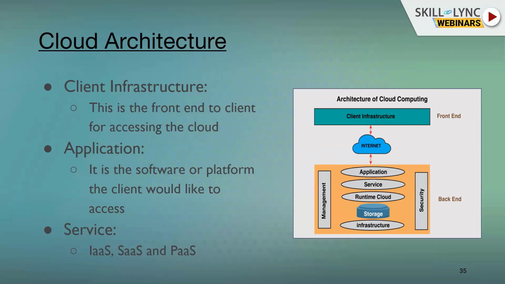It's like a typical scenario where the infrastructure is nothing but a firewall. We have a concept called VPC, the applications, all that. You can see the diagram here. The client infrastructure is nothing but the front end page that you see.